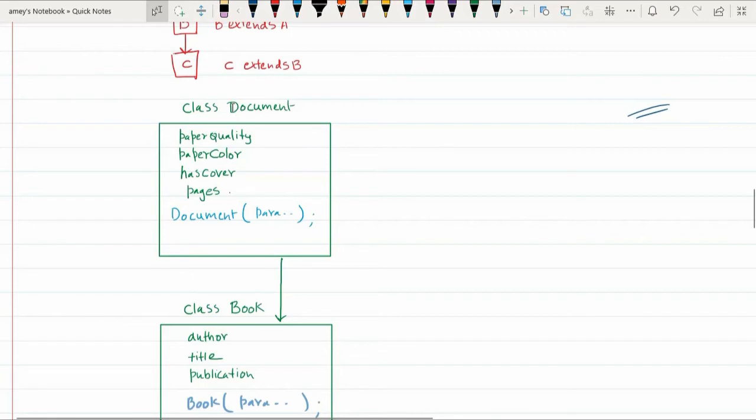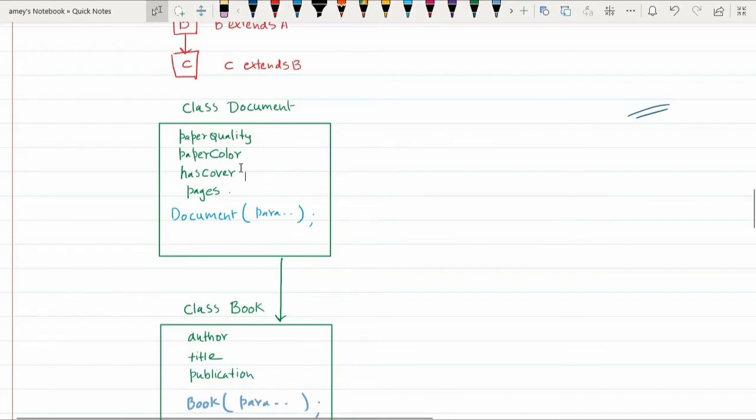This document class has paper quality, paper color, has cover and pages. These are the attributes of this superclass called document. Paper quality refers to what quality of paper it is. Paper color is the color of the paper.